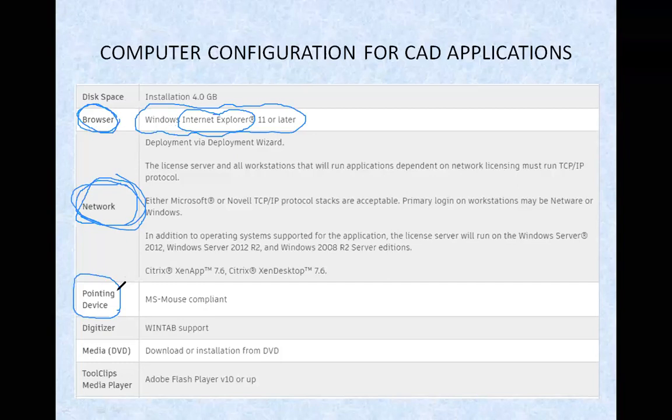Okay, so next, to run the AutoCAD software, these are the main configurations a computer should have. A pointing device. So what is a pointing device here? Mouse. Okay, so we are taking mouse as a pointing device. We have many pointing devices like mouse, joysticks, digitizers, tablets and trackpads.